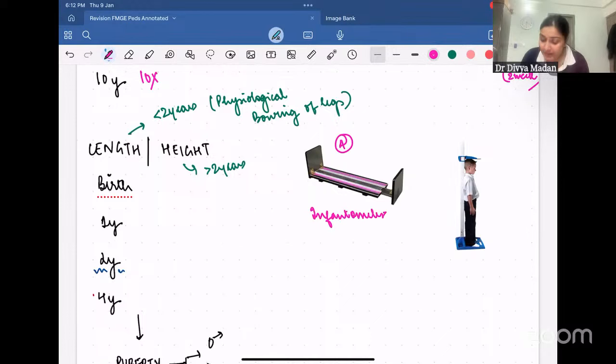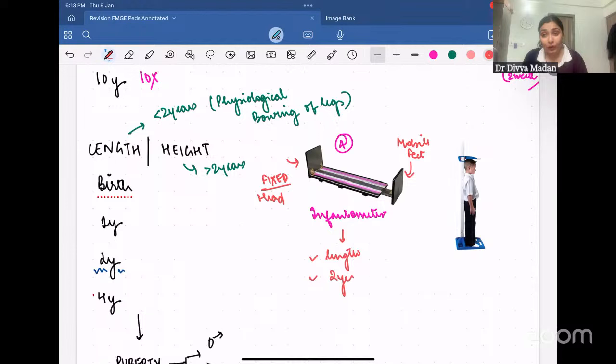Infantometer. You can see in this device, I have a scale below and we have two ends. One end here is the fixed end. It is where the head is placed. And the other end is the mobile end, where we move it to oppose the feet of the child, right? So here the foot end, the feet of the child, would be there, right? And I'm going to use this infantometer to measure the length of the baby